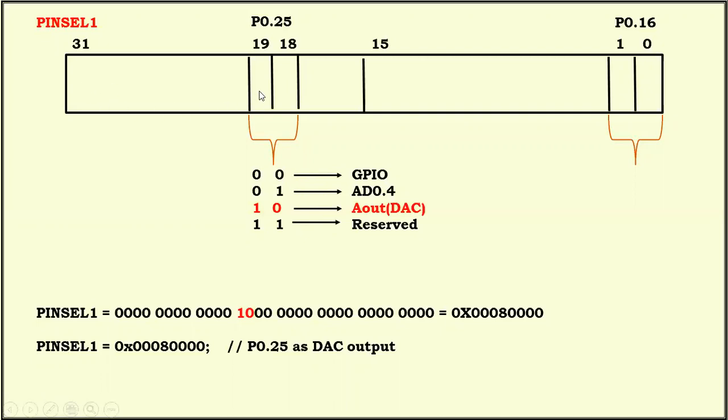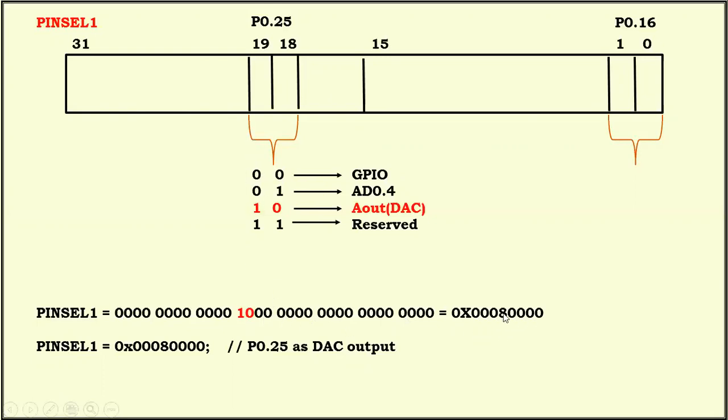Therefore, we are going to concentrate on only these 2 bits. Write 10 here. For the rest of the things, it's a don't care. Just to make it simple, put 0 for the remaining bits. Therefore, this is the binary data, that is 10 here. That is our required information.